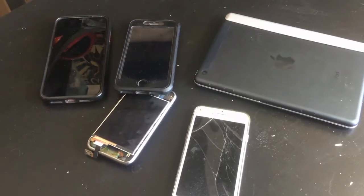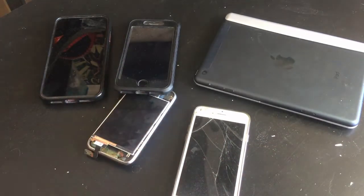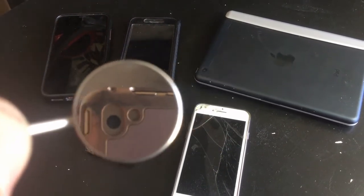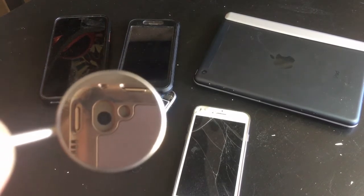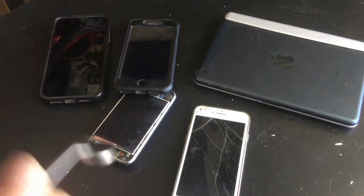So, that being said, I want to make it clear. I am an Apple fan. I am a long-time Apple fan. Heck, let me pop a little mirror out here. I am filming this right now on my favorite tablet, which is a 4th generation iPad. That's how much I love Apple. I am filming this video on an iPad right now. But look,